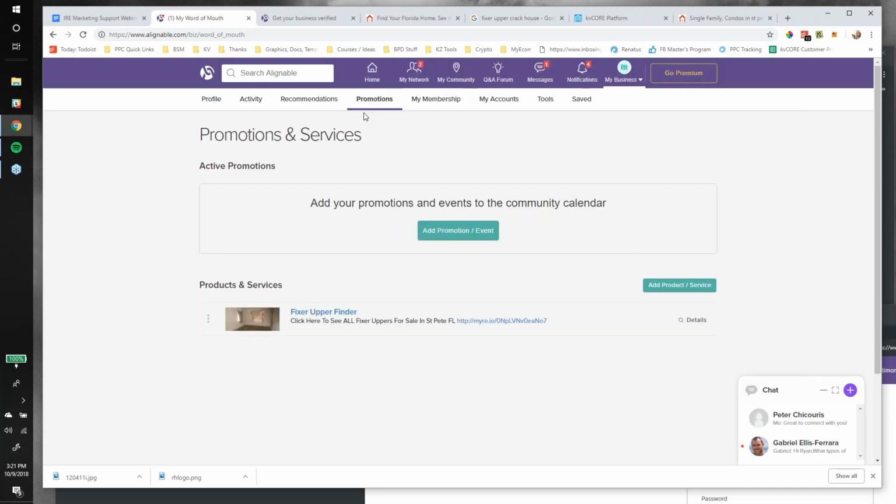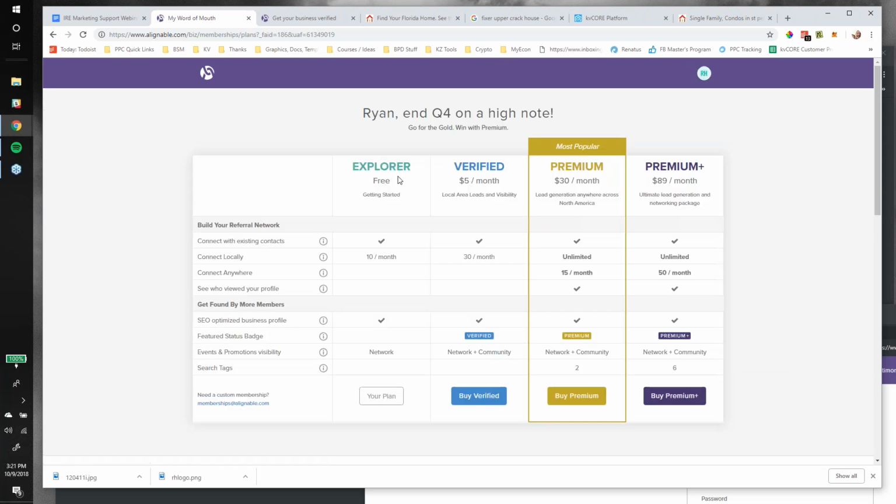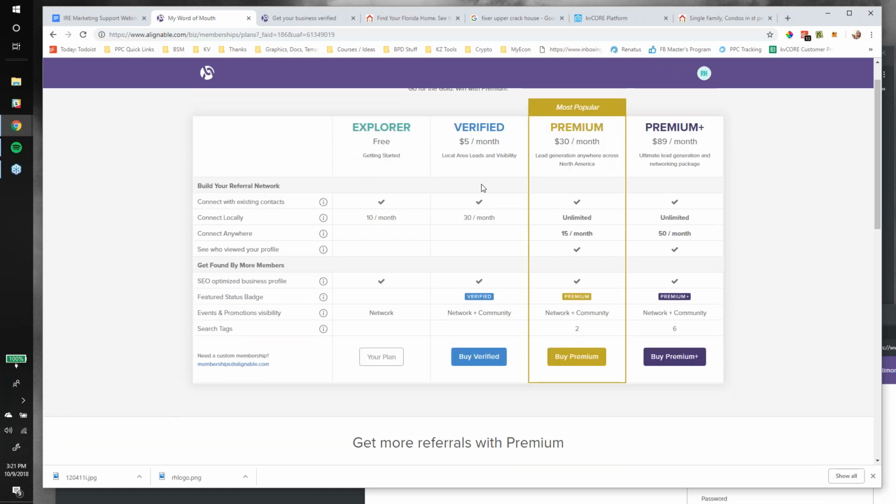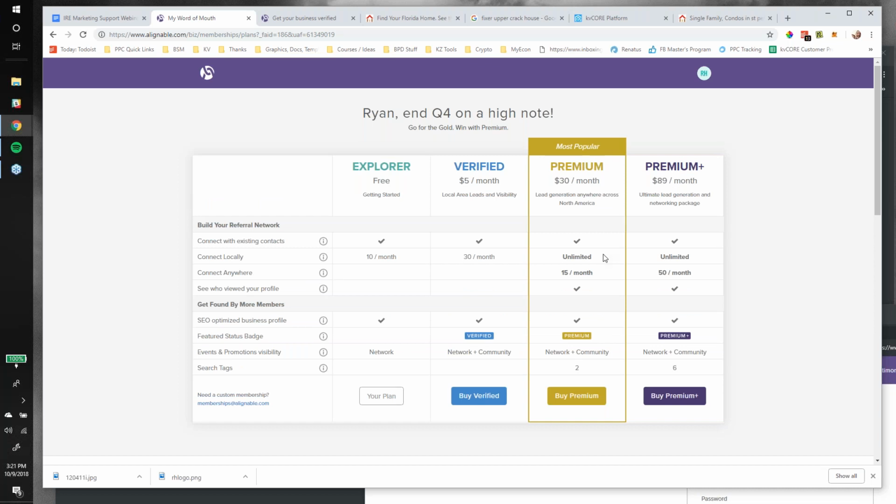Of course, you would link your open house over to your EXP site and use this as you might use any other traffic source, Facebook, Google, any other social network. Last thing I'll show you is they have this Go Premium thing. I have not done this yet, but it looks pretty cool. If you're going to use this full time heavily, it seems like it might make sense to do. You can connect with more people. See, they have a limit. You can only connect with 30 or 10 people on the lower plans. For 30 months, you can just connect to people all day long in your local market.